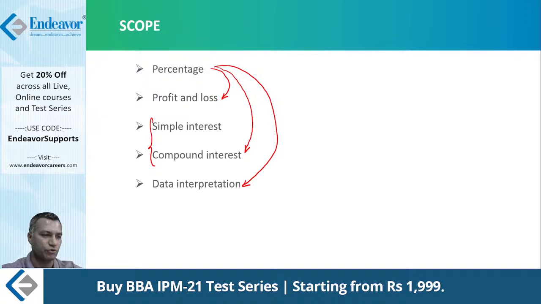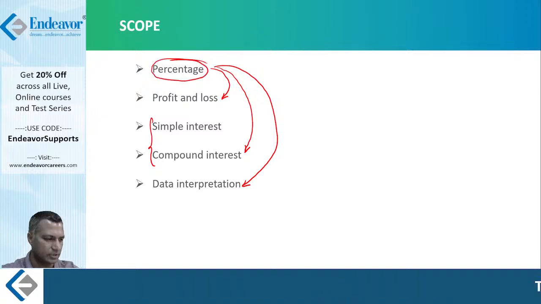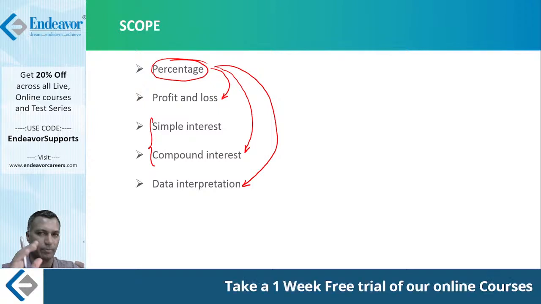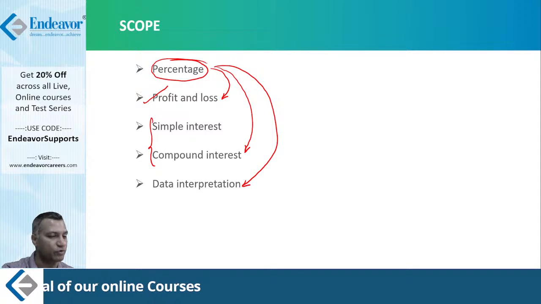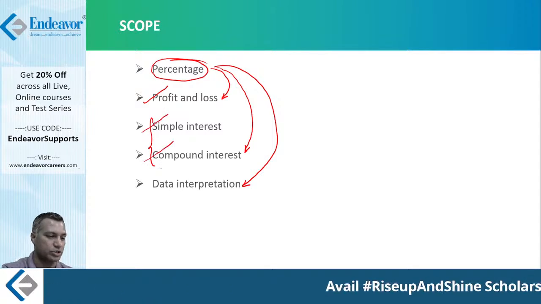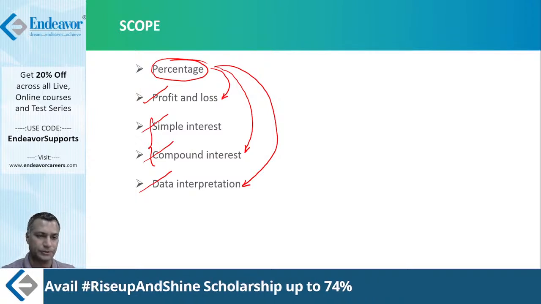So you may say there are direct benefits, which means there are questions which can be directly flying from this particular chapter. There are a couple of questions belonging to some models, directly from there. Or you may understand that there is an indirect bearing or influence of this chapter on profit and loss, simple interest, compound interest, data interpretation. I'm not ruling out that it has a bearing on other chapters, but yes, it has a significant bearing on these chapters.